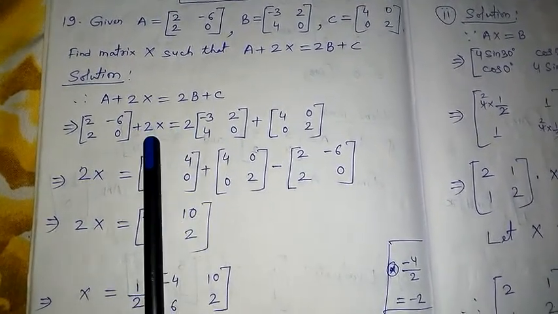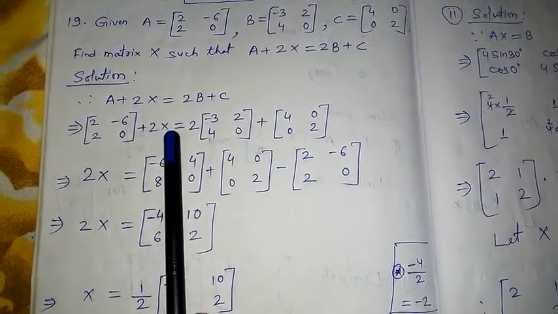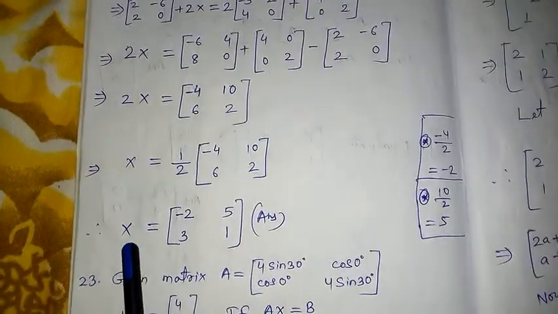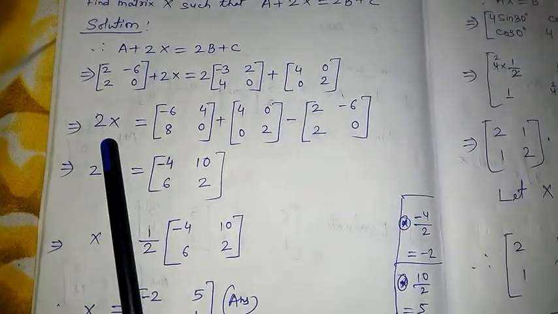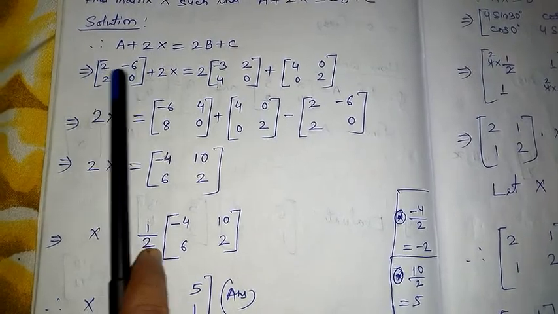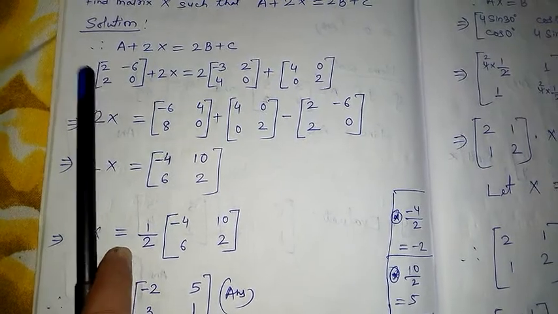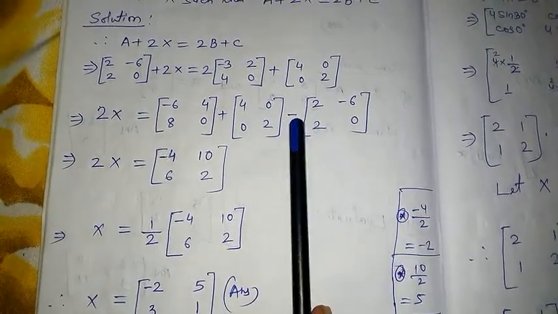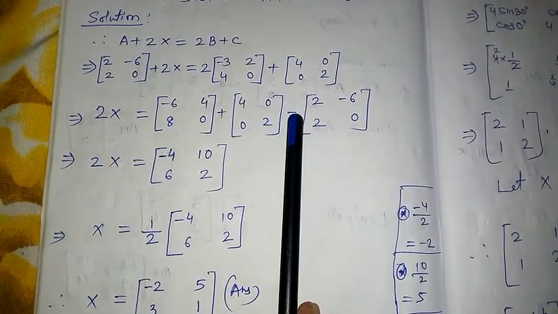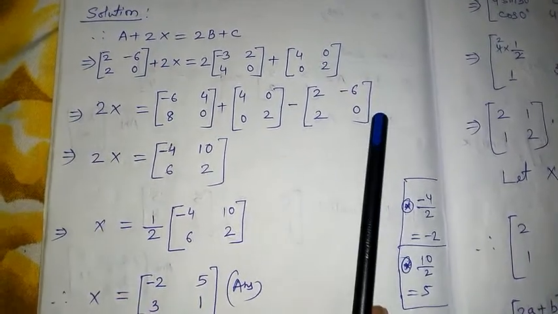So what I did, I have made this 2X alone here. That means you all know the quantity which we need to find has to become alone by the end, and by the end you can see only X we have. That way we are going to find the value of X. Now this matrix [2, -6; 2, 0], in front of it there is nothing, meaning there is a plus. So if it goes to that side, it will become minus. You can see the same matrix has come here, but it was positive and here it became minus, because it has changed sides from the left hand side to the right hand side.